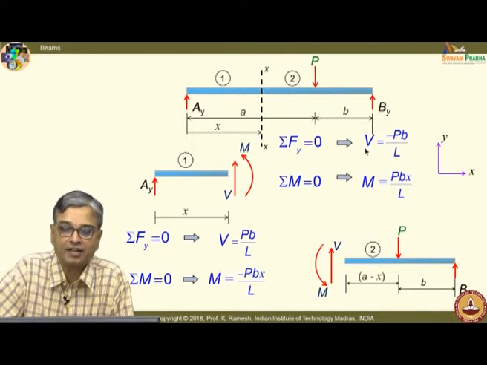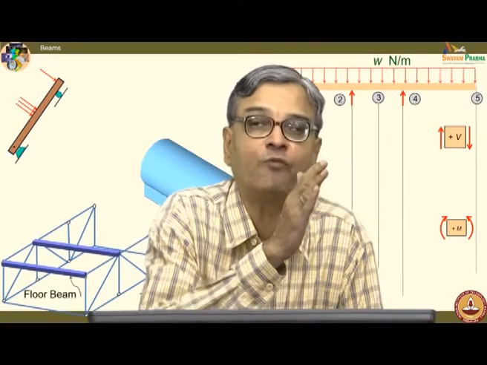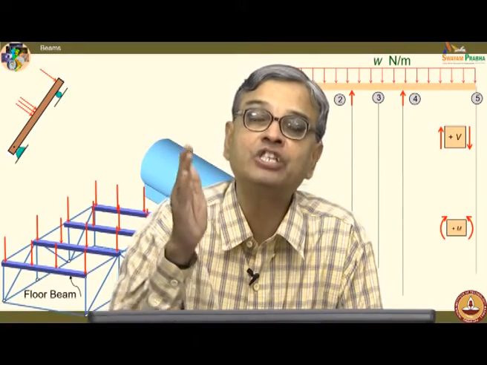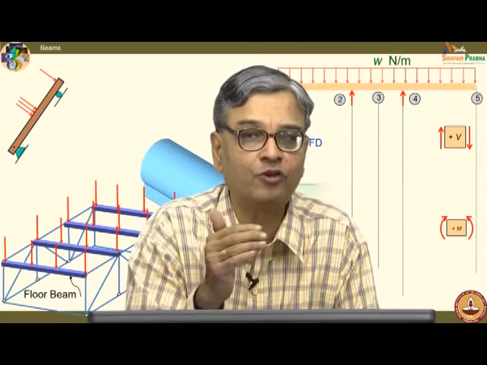Now, the idea is I have to plot the variation of V, plot the variation of M along the length of the beam. So, I should get one unique sign whichever way I cut the beam and do the analysis. You cut the beam and analyze the left portion or the right portion, whichever is having minimum number of mathematical steps. So, you would like to have a luxury to analyze the left segment or the right segment depending on the problem context. Ultimately, when I plot shear force or the bending moment, I should not have confusion on the sign.